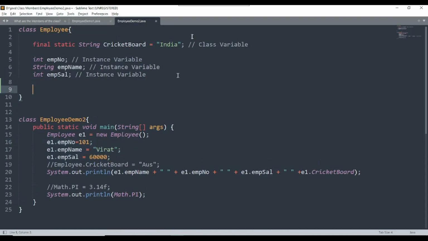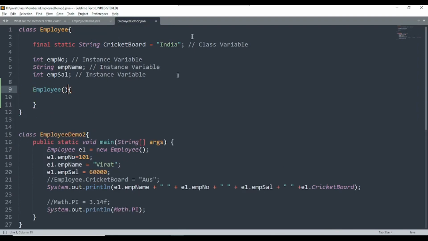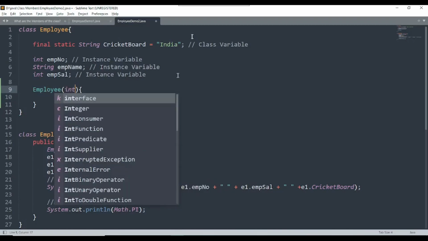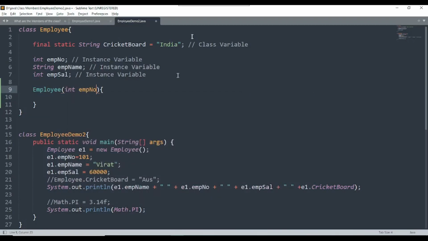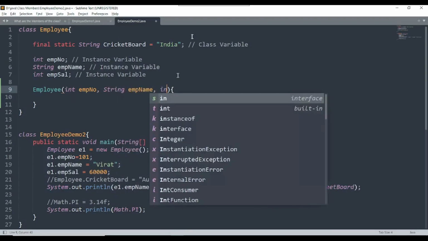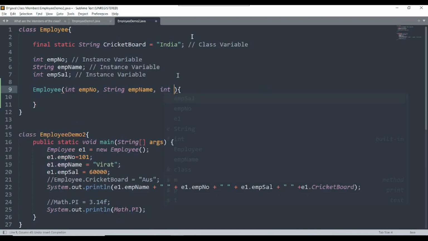So here I will create a constructor, Employee, and this constructor has parameters: integer employee number, comma, string employee name, comma, integer employee salary. So this constructor has three parameters.